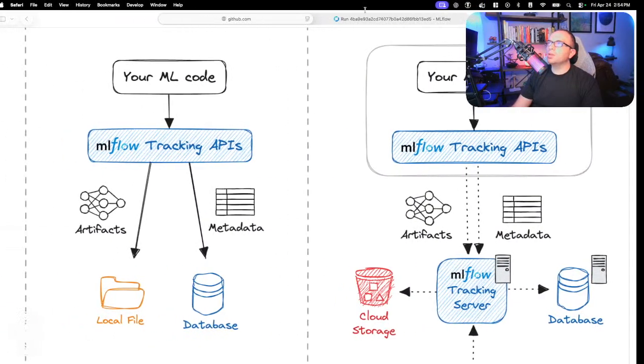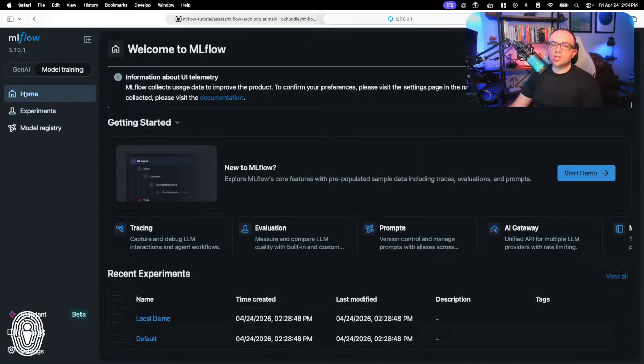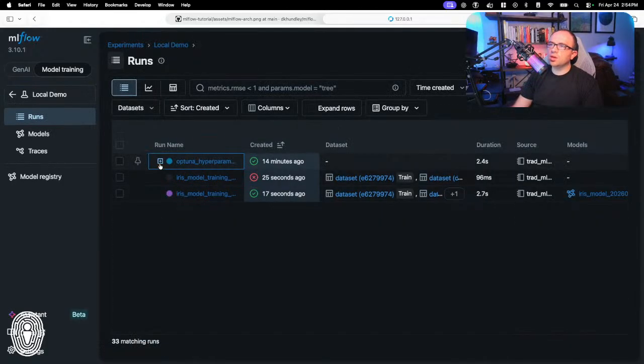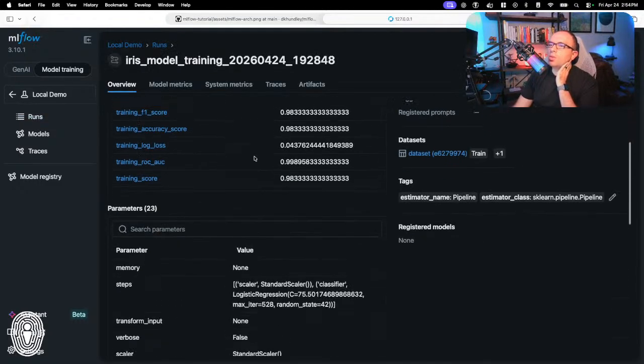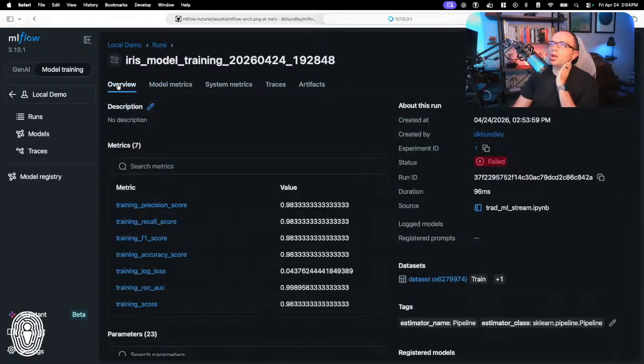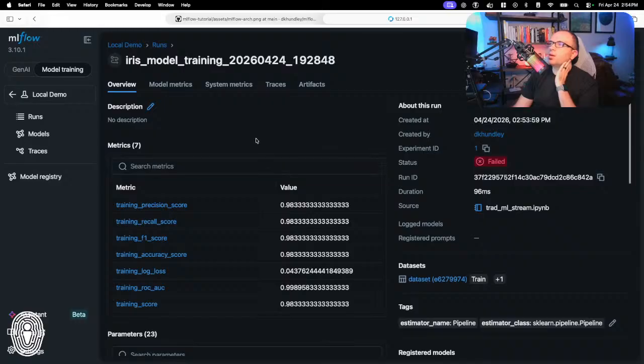Now let's go ahead and look at that in the MLflow UI. My apologies. Let's go ahead and look at this again. So we have our recent experiments. Let's close that down. Now you can see, oh, that's kind of cool. I didn't even know it actually registered whenever something failed. I'm kind of curious what it says. So status of failed. Does it say why it failed? Somewhere in here, I don't know if it does or not. Maybe that's something you have to be more specific about. Anyway, let's go back to our run.